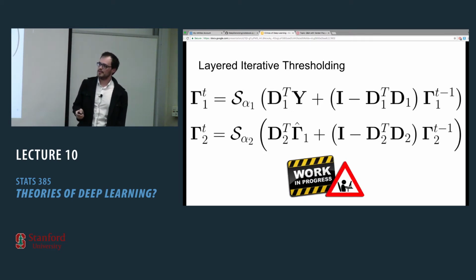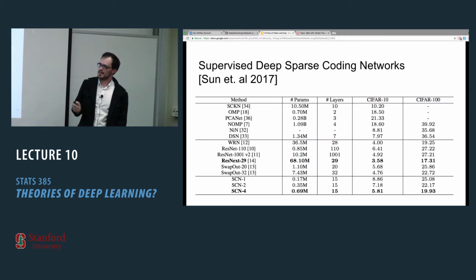Now you might be thinking, can you actually implement this in practice? The way to implement that would be to take each lasso problem in each layer and solve it using some sort of iterative thresholding algorithm, let's say, and then unfold it and obtain some very deep CNN. This is work in progress, so I'm not going to elaborate too much on that. But actually someone did something quite similar.